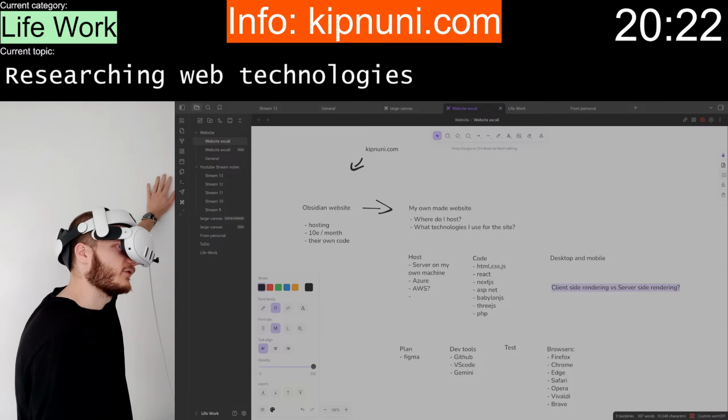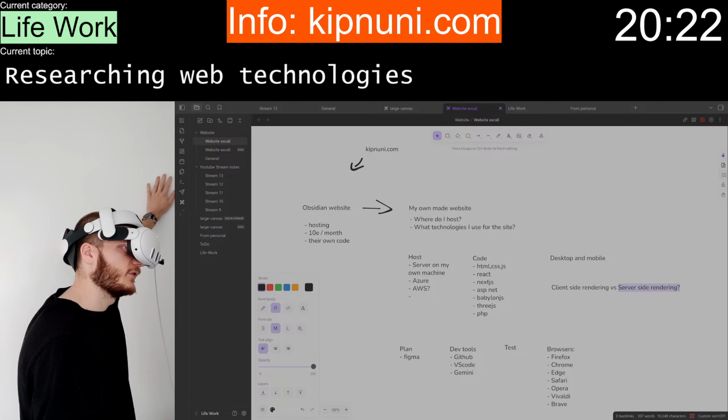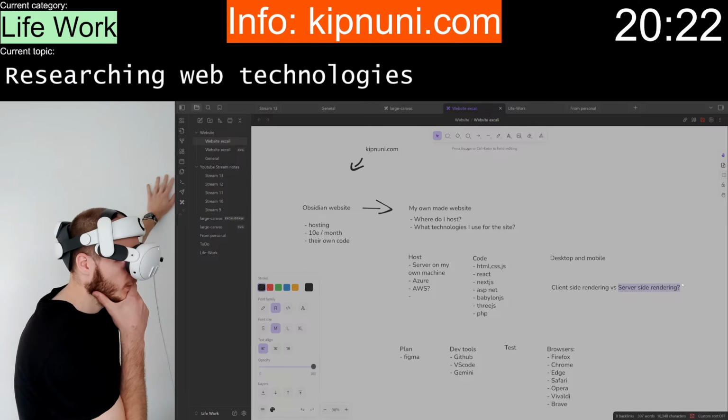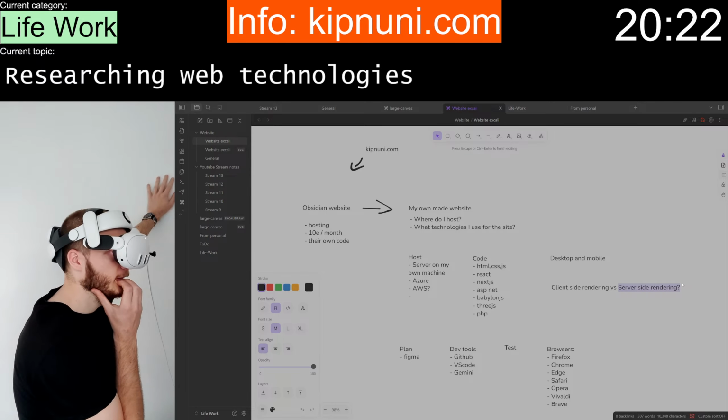I'm not that certain about this. Does it really make that big of a difference? So nowadays, devices should be pretty good.